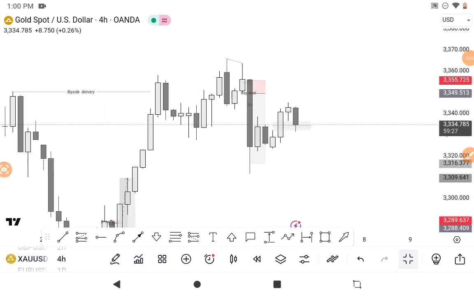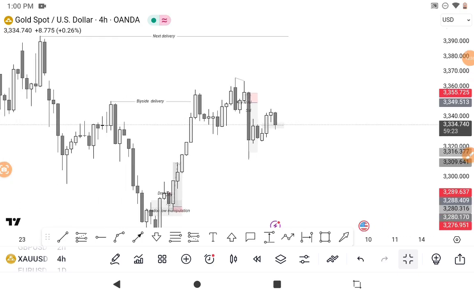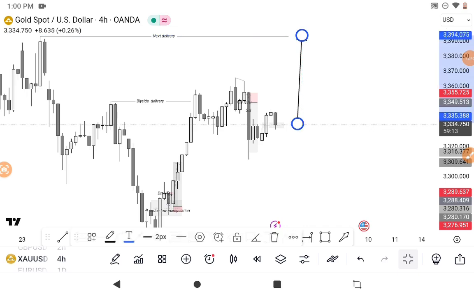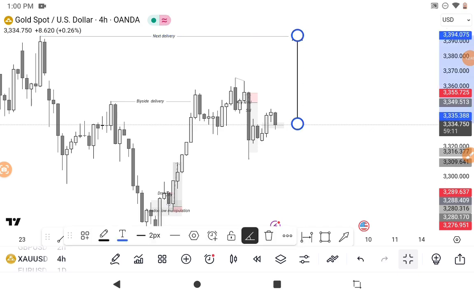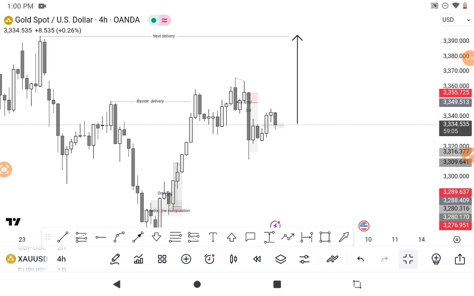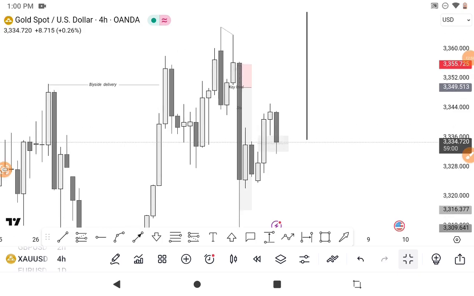So what are we expecting gold to do? We all expect a buy from this key level to where? To the external. We are now buying from here to what? To the high. We have this high. This is now our target. That is now our target. The highs. So we are now waiting for that confirmation, but there's no confirmation,